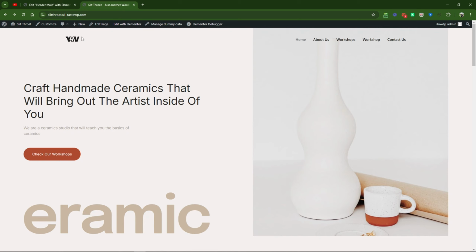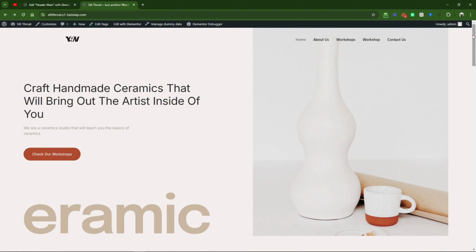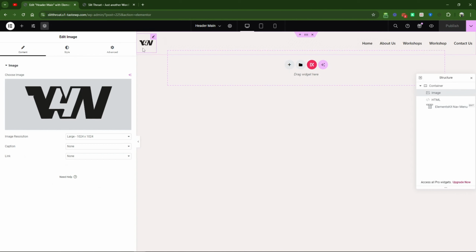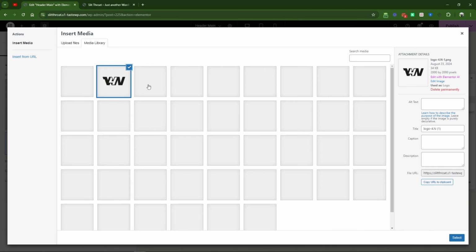If you want to change the logo when you scroll, you can also do it. To do this, we have to add another logo widget, another image widget. So I'll just duplicate this one. Okay, and this will be our logo for the sticky. So I'll change the logo first,